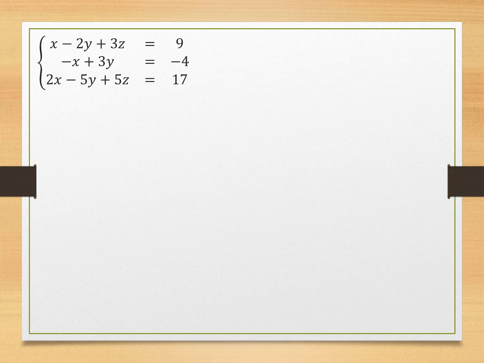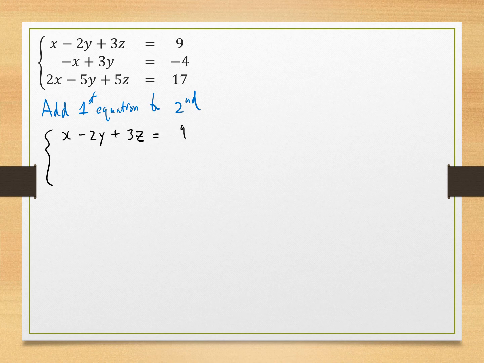Why do we want to do that? Let me write that down: add first equation to second. The reason is, if you notice, the first equation has an x and the second equation has a negative x, so they cancel out. So if you do that,